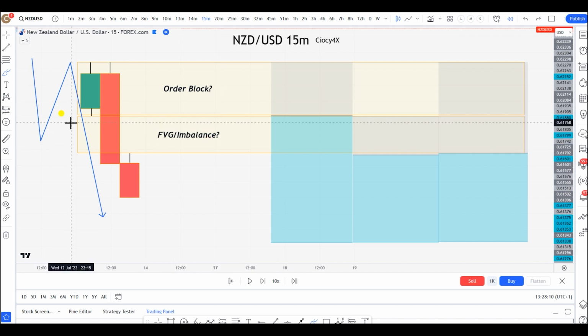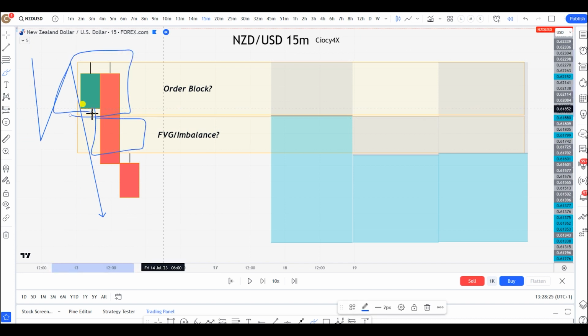One thing I've understood is that you will never ever be able to have an imbalance without having an order block. Now, this is so important, okay? You will never ever see an imbalance without an order block. Why? Because an order block is a place, and I'm going to use simple terms. I don't want to use any complicated or fancy words or explanation.